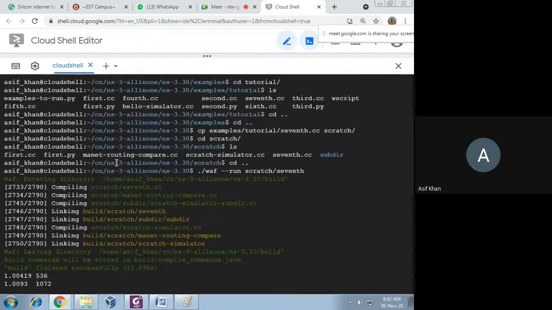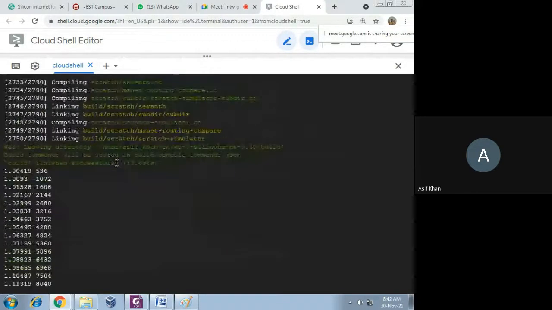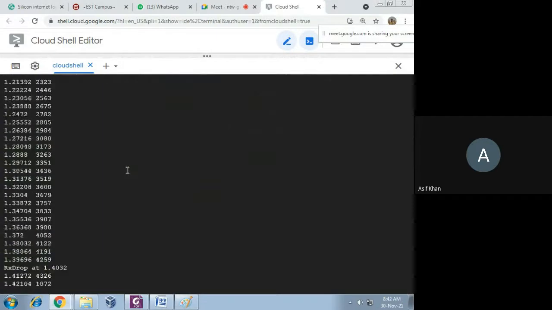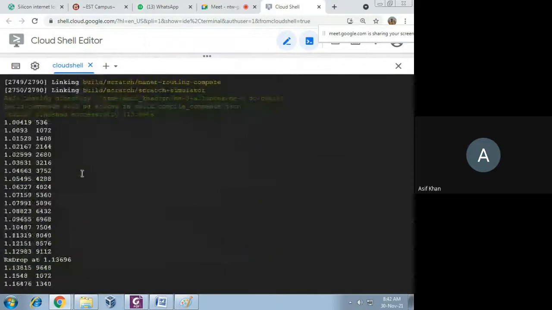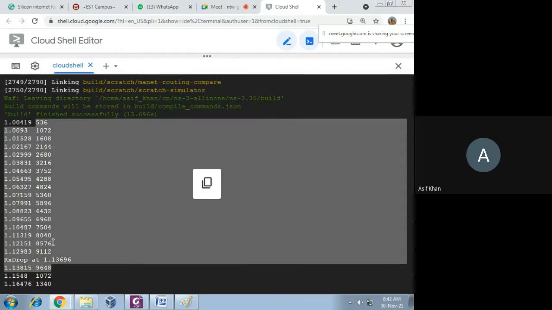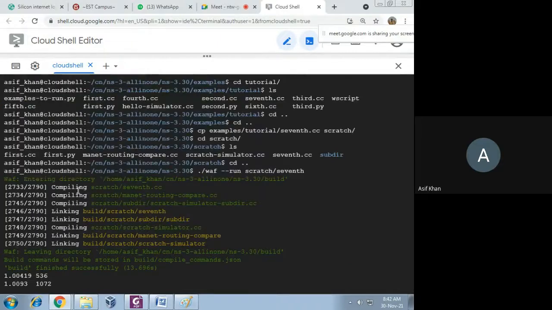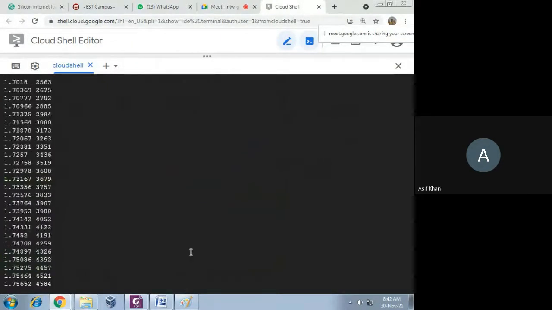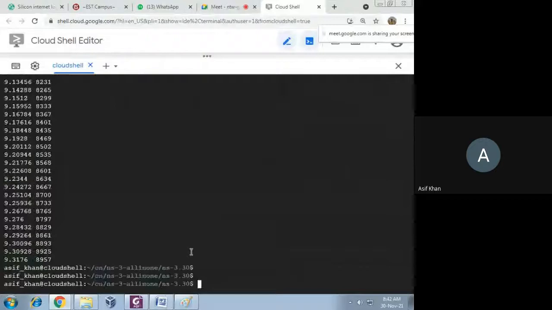You can see this data: this is the time, and at this time, this is the throughput, I think. So this way you can run programs in ns3.